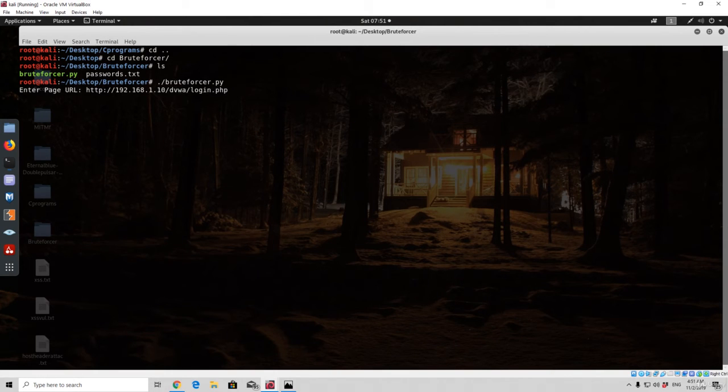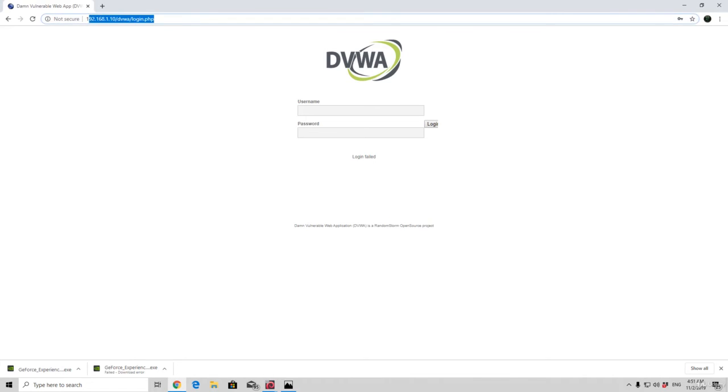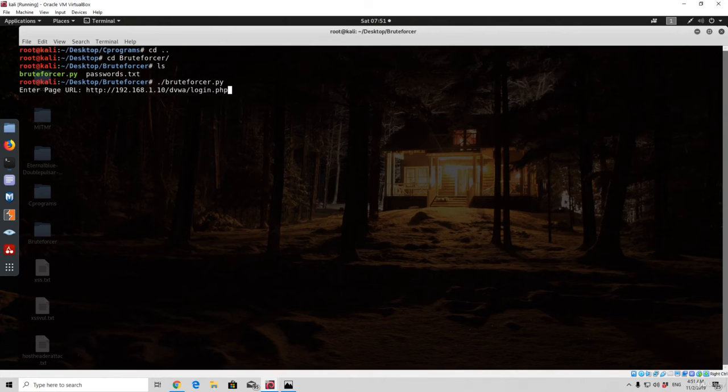So we will double check whether this is the path to our page, and it indeed is. Once we are sure, we press enter. It will ask us for the username, so this program actually wants you to know the username to the login form. It will only brute force the passwords. So once you specify the username right here,